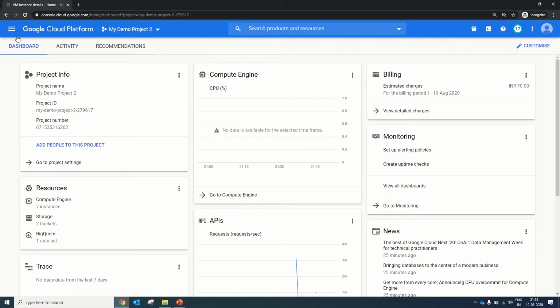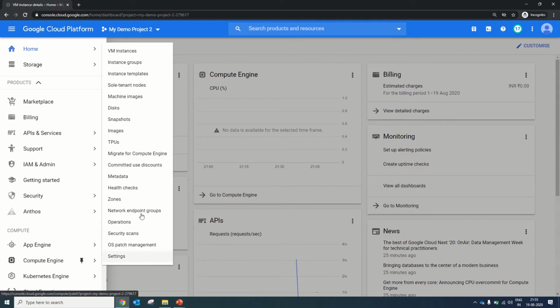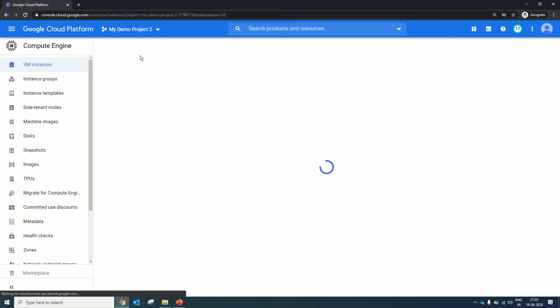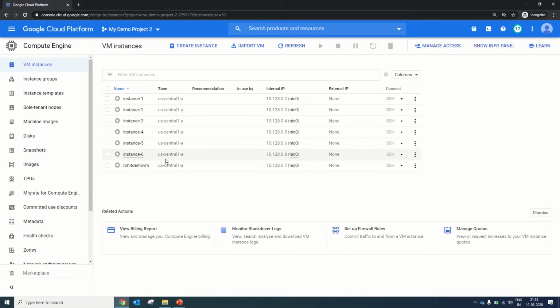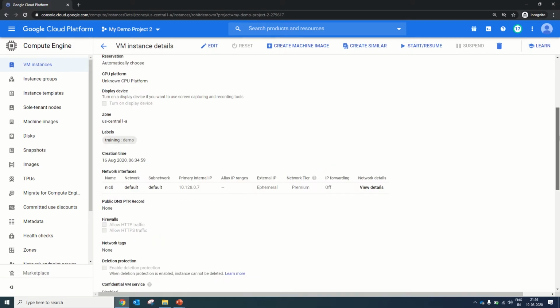For this, you just need to browse for Compute Engine from your Google Cloud Console page, and in Compute Engine, you need to go to VM instances. In the VM instances page, you will see all instances available in your Google Cloud account. You need to click on any of the VMs to edit and review the properties. You need to click on the VM and it will open the properties page from where you can edit the VM instance properties. So let's click on this VM and we will see what options we have related to disk.